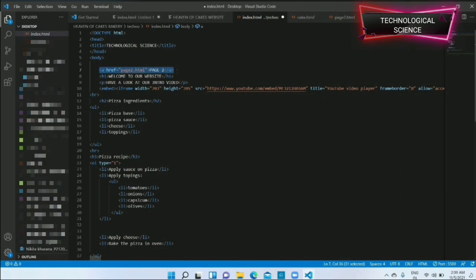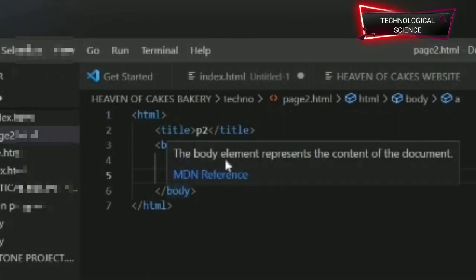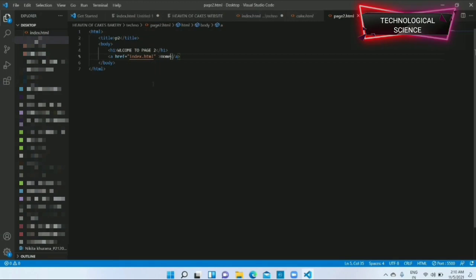Now if I want to connect it to page 2, as you can see here, I have created a page 2 over here. Basically, when you connect one page to another page, then you also have to connect the other page back to the first page. In this case, I have connected the second page to the first page the same way I have connected the first page to the second page, so that both pages get connected. And if you're connecting multiple web pages, more than 3, more than 5, you need to apply the same steps to whatever pages you want to connect. Okay, so that was about how to connect multiple web pages.